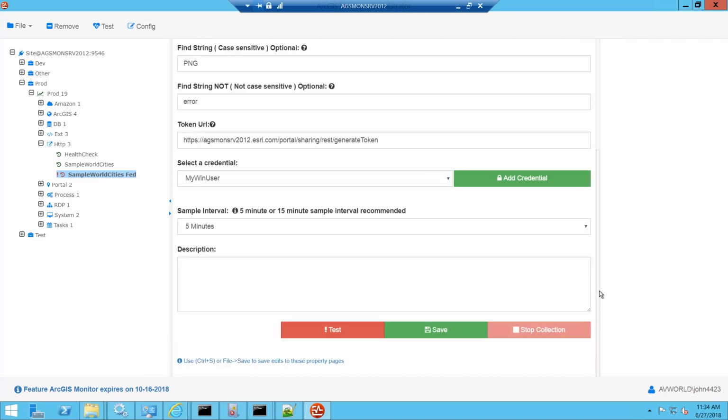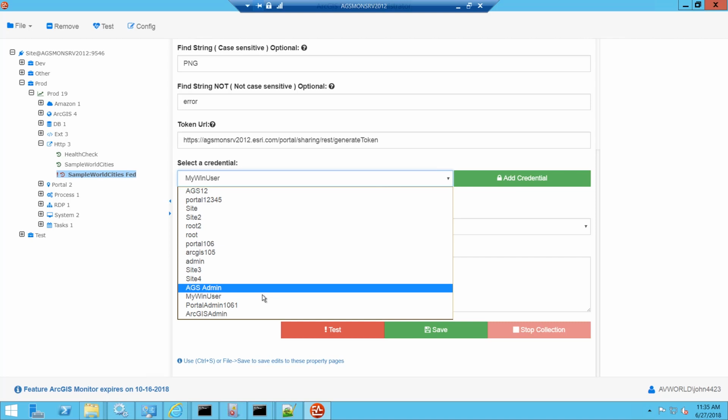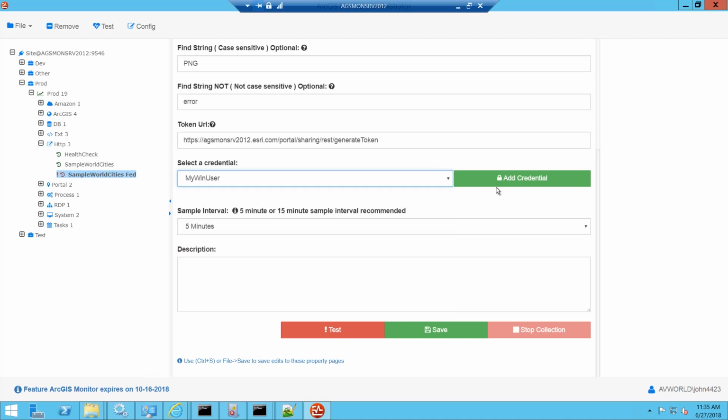Next I need to pick a credential, and in this case it's going to be running as the Windows user that is running the ArcGIS Monitor service, and if you need to add a credential you can put it in there. And next I'll pick a sample interval of 5 minutes, and optionally you can put a description in. I'll just call this Sample World Cities Federated, and we'll click the test button,